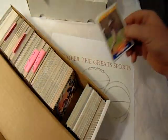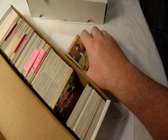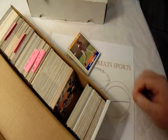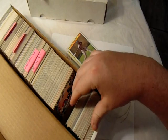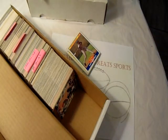And, you know, these aren't probably high grade gem mint 10s or anything like that, but still, rookie cards for those football Hall of Famers can't be beat. So when I got home, I looked at them a little bit closer, and I really kind of